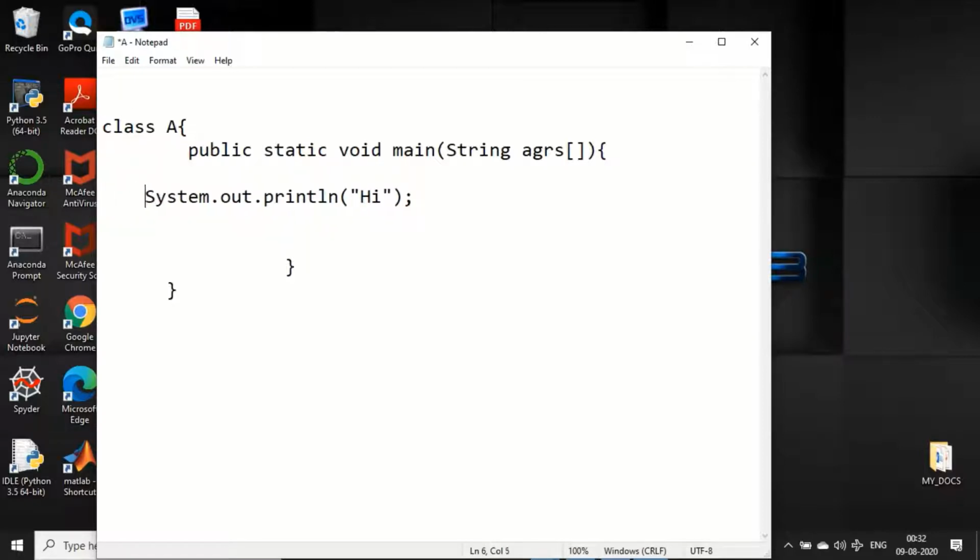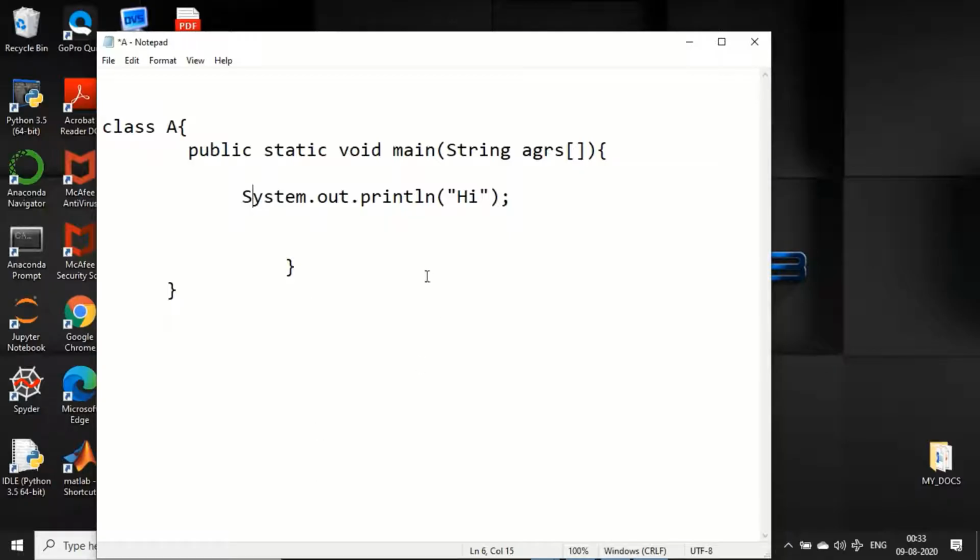Now since Java is a case sensitive programming language, the S of the String data type is in caps, and the S of System class, which is a predefined class, is also in caps. Each and every keyword I will explain in later slides.